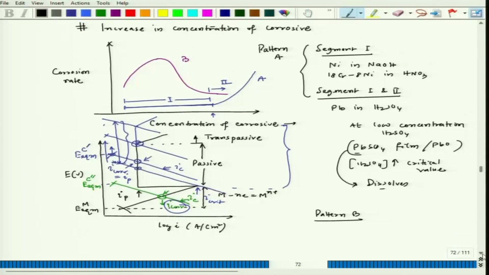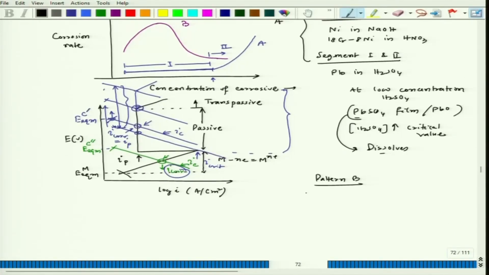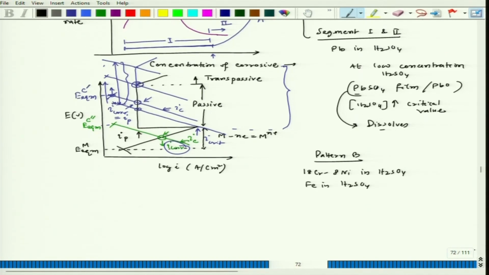the corrosion rate decreases and then reaches a plateau. So this happens in the case of mainly acid solutions. Let us say one such example is 18-8 stainless steel in H2SO4, or another example is Fe in H2SO4. So what happens as concentration increases,